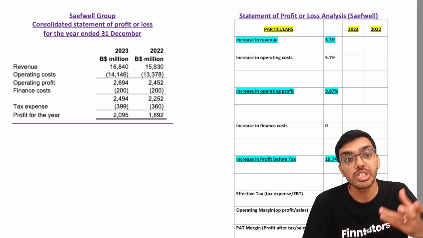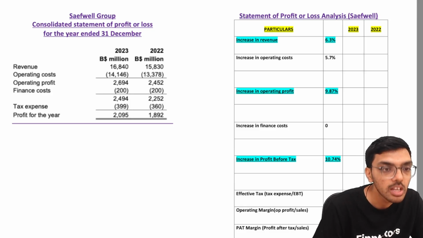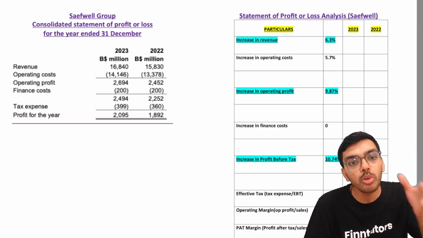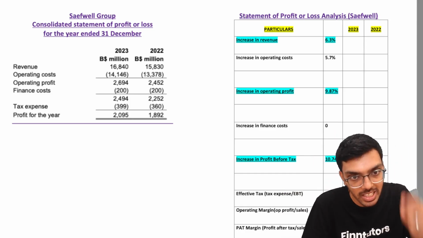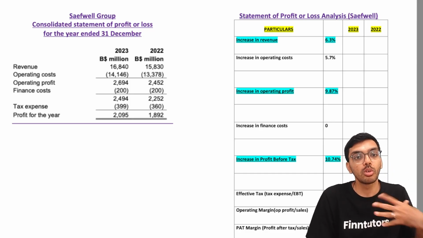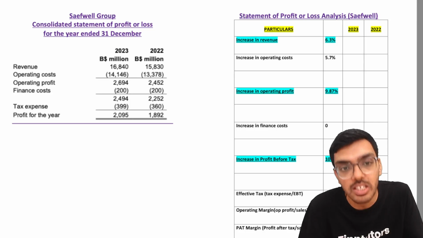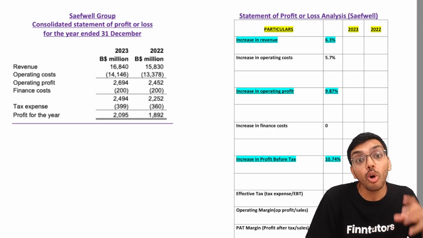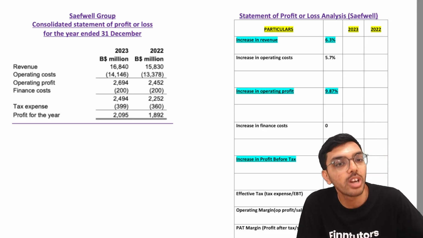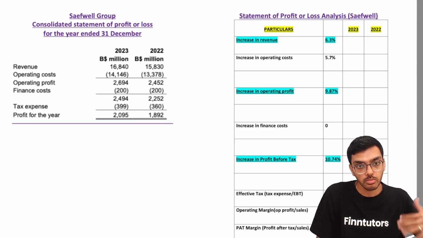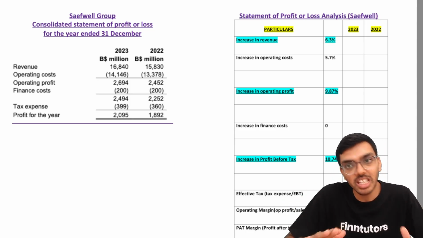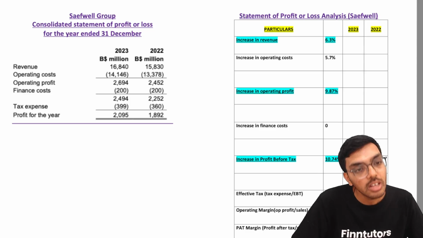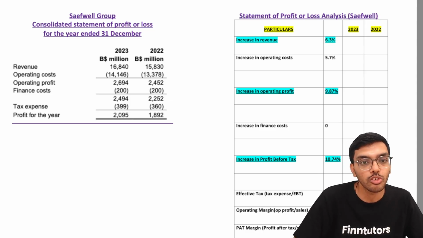Finance cost is nothing but the interest that you pay on your loans. Now finance cost is the same. It can mean that no new debt finance was taken this year, because if new loans had been taken, new interest would have had to be paid. So it's pretty clear that no new loan has been taken or repaid, because if a loan had been repaid, your finance cost would have gone down. Nothing like that has happened. We will see this in the statement of financial position, the balance sheet, as well, but right now let's focus on what's in front of us. Finance costs have remained the same.